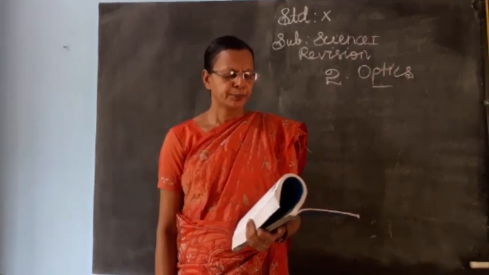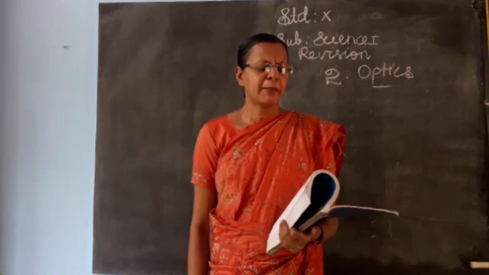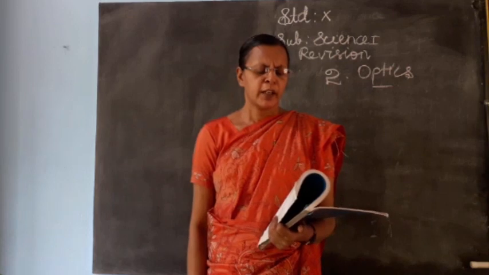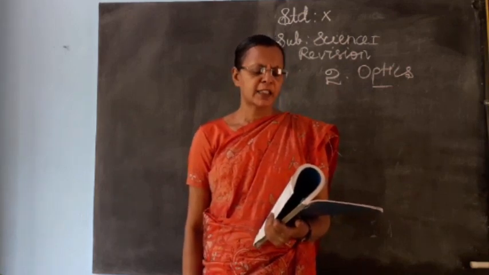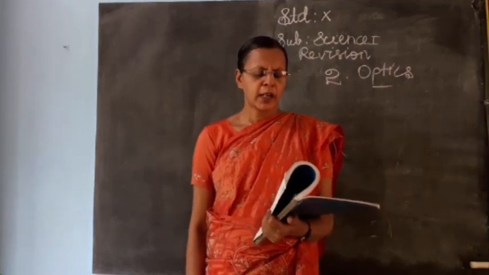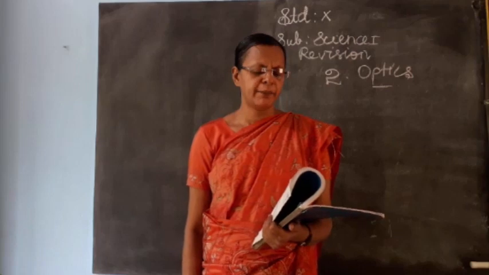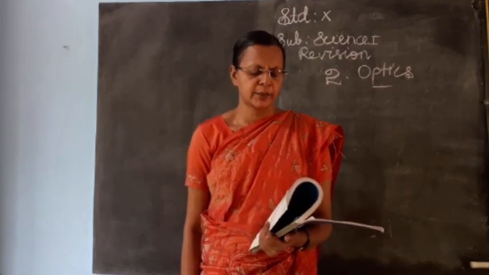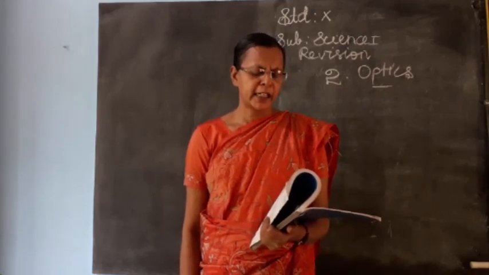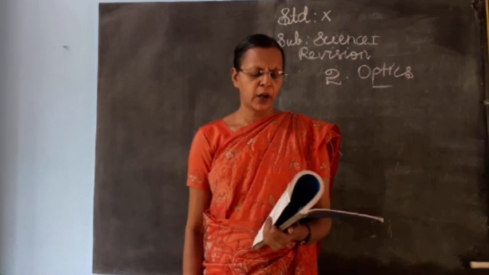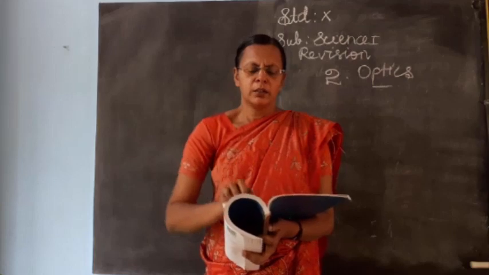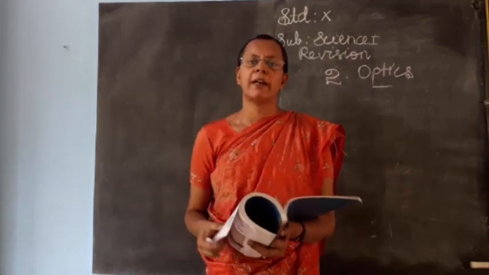Okay, 10th question, if VB, VG, VR be the velocity of blue, green and red light. VB velocity of blue, VG velocity of green, then VR velocity of red light. Okay, respectively in a glass prism. Then which of the following statement gives the correct relation? C is the correct relation. Okay, VB less than VG, then less than VR. Okay, so these questions are choose the correct answer questions in textbook evaluation.